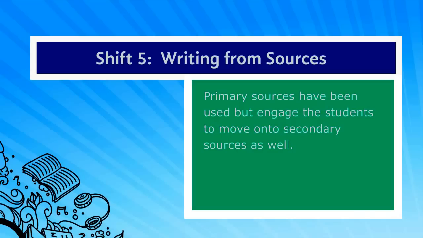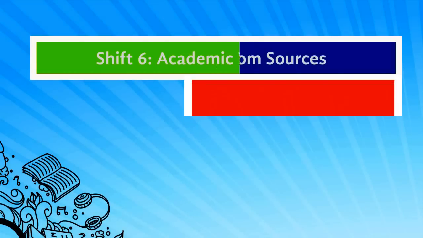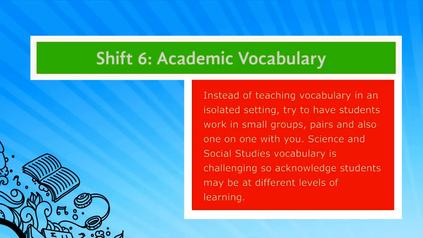That's a really big shift, as opposed to, I'm going to write a book report and I might quote one person because that's who I read about. But now let's really have even our youngest students go to primary sources and secondary sources, explore the richness of that research. Shift 6 is this idea of focusing on academic vocabulary, and that has always been taught in isolation,